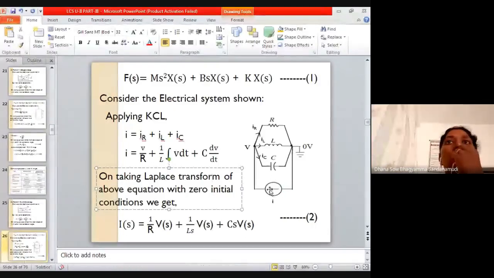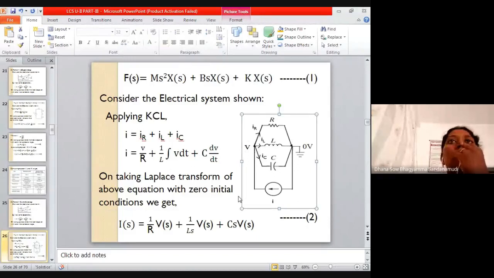Because of this current source, current enters into each and every element through this node. Let us consider the voltage at this node as some V. And let us consider the other node at the other end as the reference node. So voltage at the reference node will be 0. We already know that. So the current in each and every element: let us consider current in resistance is IR, current in inductance IL, current in capacitor it is IC.